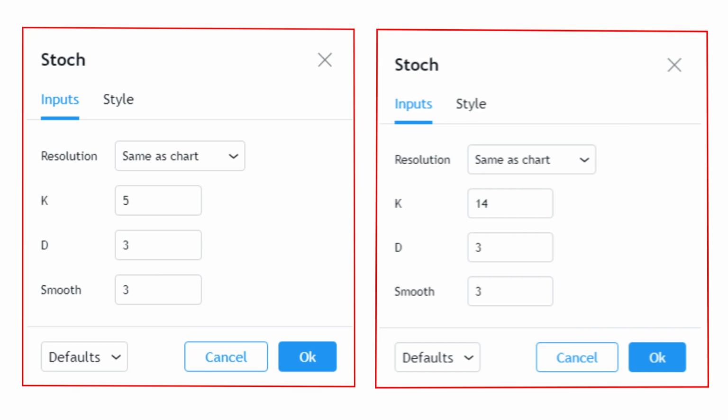This will be determined by how much noise you're willing to tolerate and how quickly you require signals. Whatever you choose, the more experience you gain with the stochastic indicator and the particular settings you decide on, the better you will become at recognizing reliable signals and being able to quickly differentiate them from the surrounding noise.